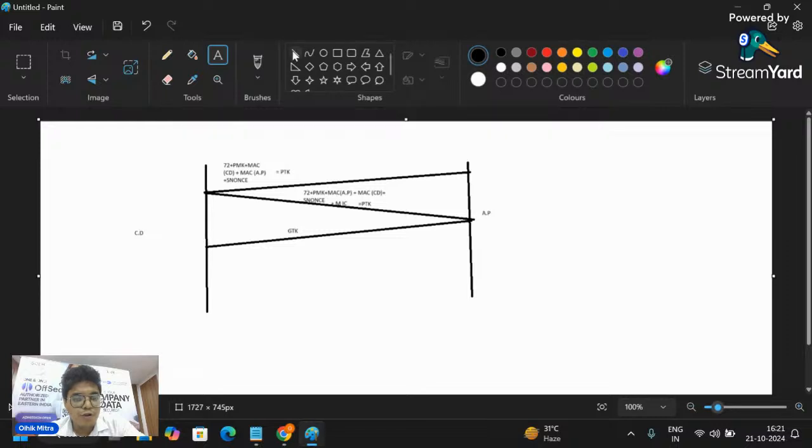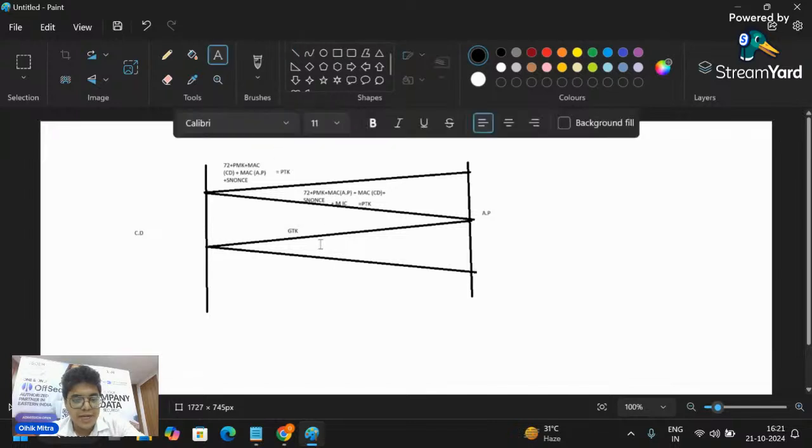So in the fourth handshake, the client device will say, yes, I am ready to connect. So this is called the WLAN four-way handshake.